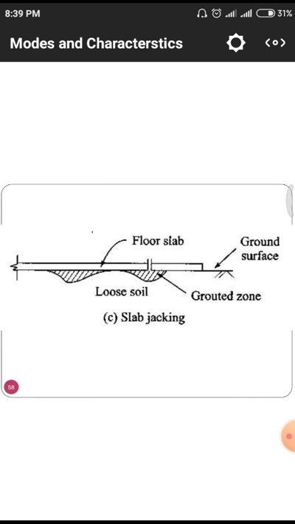And the second condition, we are having a slab. Below the slab they are having some soil with loose properties, so for the soil they are giving some slab jacketing phenomena, so that the slab jacketing will arrest the movement of water and give strength directly without any cracks.